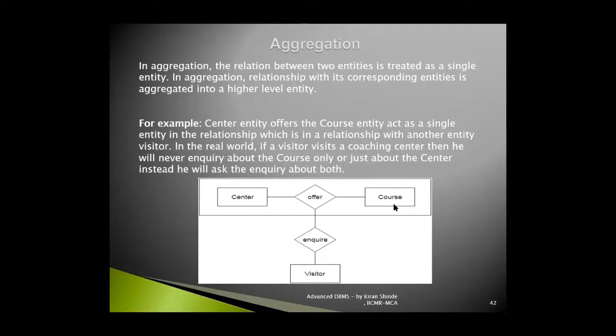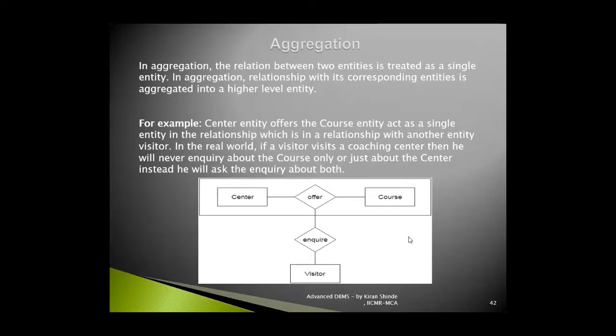So when you come across a scenario where both the entity sets which are formed at the higher level are going to be required to be connected to the lower level entity set altogether, then we use an extended feature which is called aggregation. And of course it is represented by making use of this rectangle or a box, which depicts that these two entity sets are combined together and they are forming a higher level entity set altogether, so that it can be connected with this visitor via the enquire relationship set.